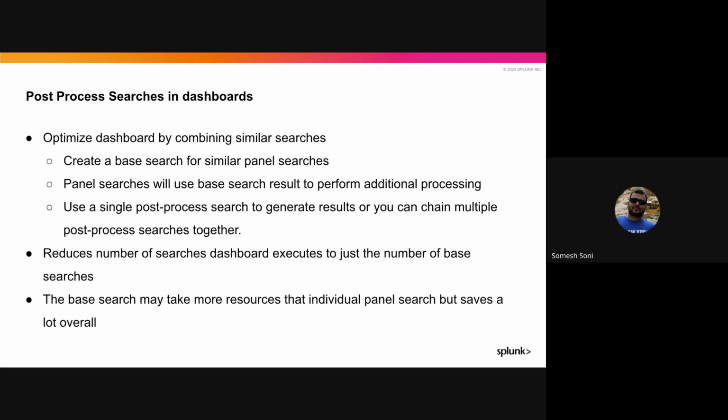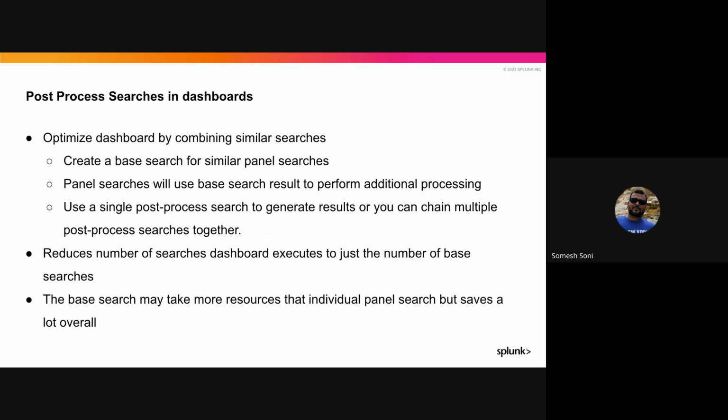So we optimize a dashboard by using post-process search by combining multiple similar searches. And when I'm talking about similar searches, we're talking about searches which have the same base search. Base search is nothing but the search portion before the first pipe symbol that you use. So if you're using index equal to foo, source type equal to bar, and then some filter on a